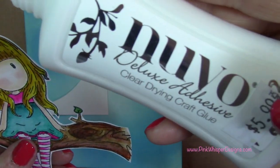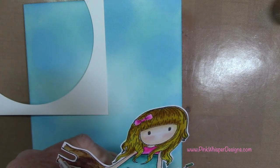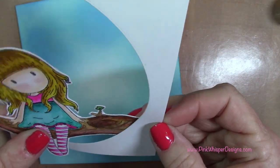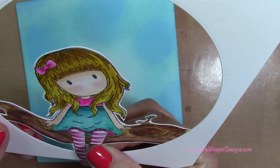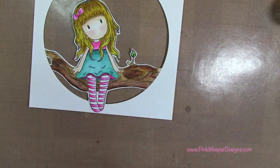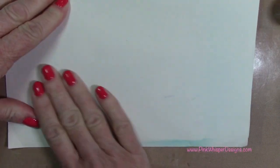So now I'm going to take my Nouveau Deluxe adhesive, and just put a little adhesive on each side of that branch there, on the left and right side, and a little bit on the back side on the bottom of her feet, just to anchor her in place on this frame. Now I'm just taking a clean piece of scrap paper just to press that out and make sure it's nice